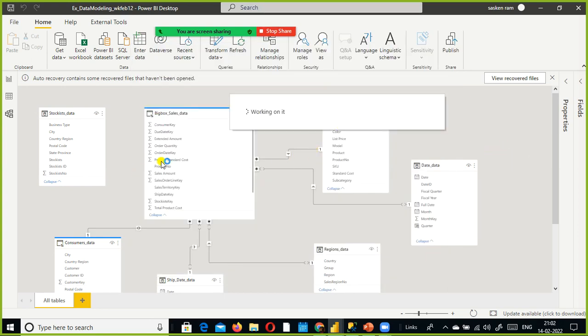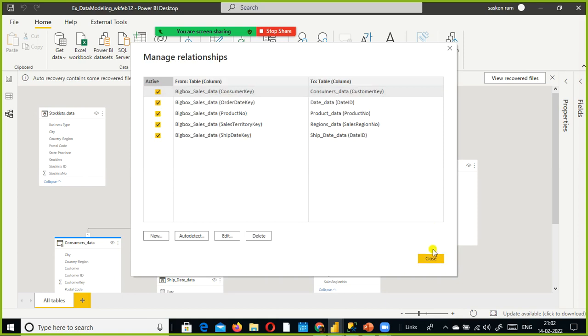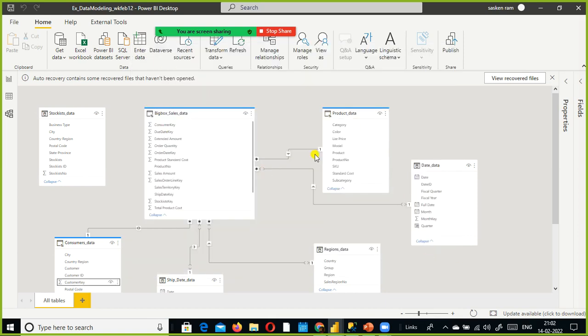So again, the same thing, one to many. If you notice here, I just repeat one more time. On the one side, if you see the product table, along with the product table you can see a one here. That means the product table will have, for each product, only one product. There is no duplicate.